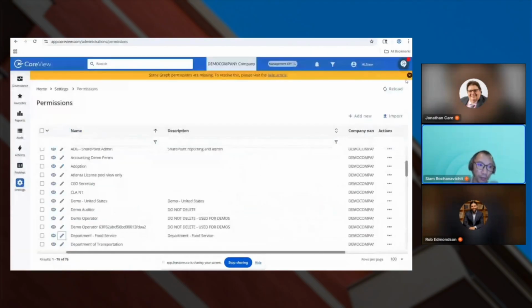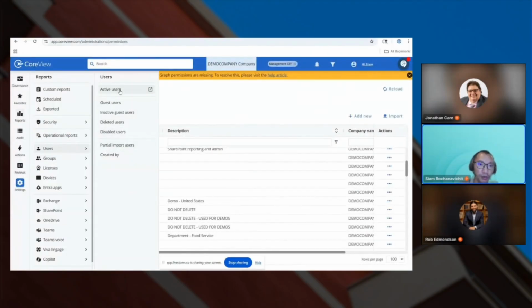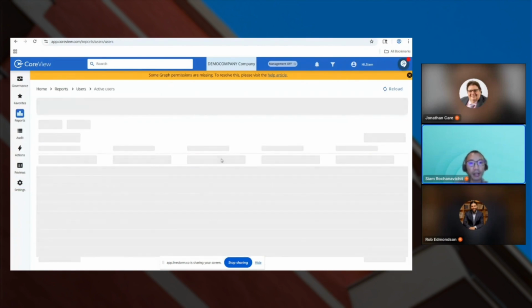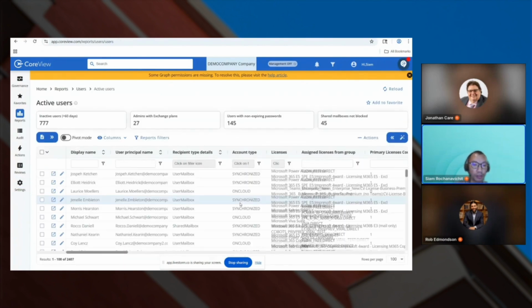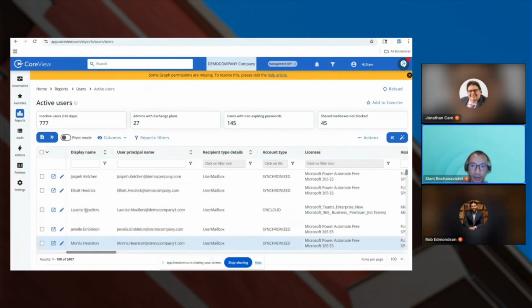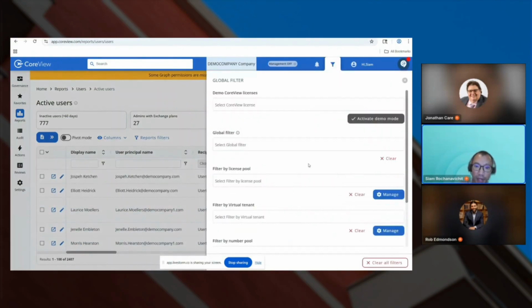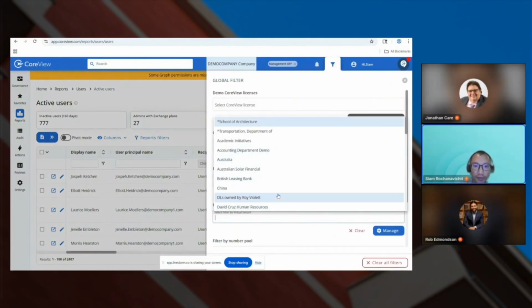Let me show you what that looks like within the context of CoreView. I'm going to go back into my report section here, go into my user report. Again, my access level in CoreView is real similar to a global admin. We call them tenant admins. I have access to everything. If, however, I had a virtual tenant restricting my access,